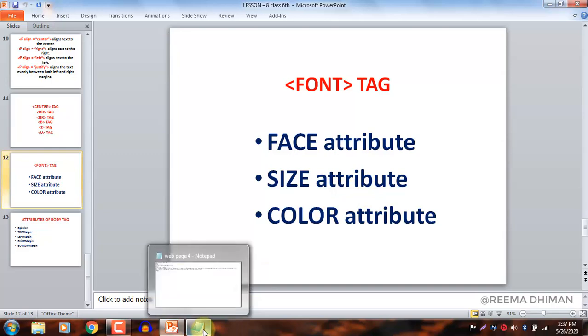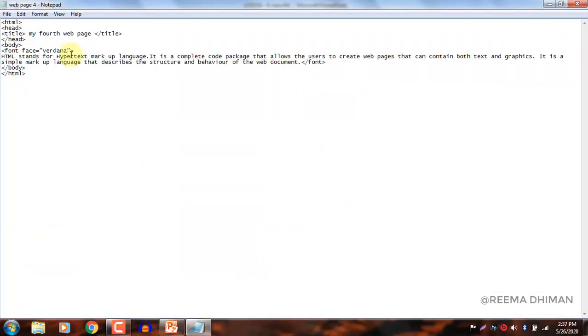For this we just have to type font size, and we have to give the size. For example, 4. Clear? So this size attribute is used to change the size of the font. Clear? Here if we want to change the font size, press Ctrl plus S and